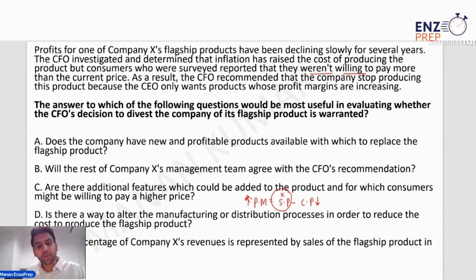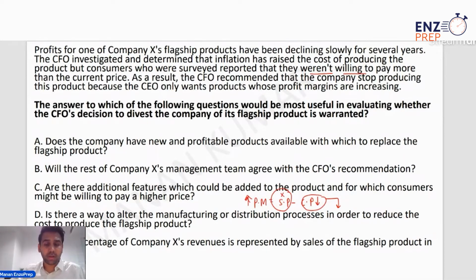If there is a way for you to reduce the cost price, that can then help you to increase the profit margins. And this is exactly what option D is talking about. Is there a way to reduce the cost to produce the product? If there is a way to reduce the cost to produce the product, then CFO is wrong, right? His recommendation will be significantly weakened because if there is a way to reduce the cost, that would mean the profit margin can go up, and then he doesn't have a strong reason to recommend that the company should divest